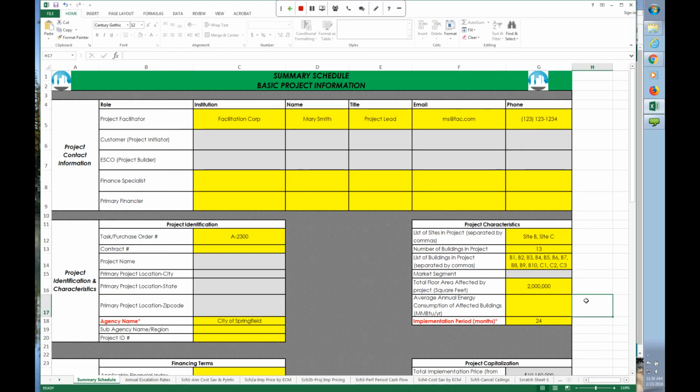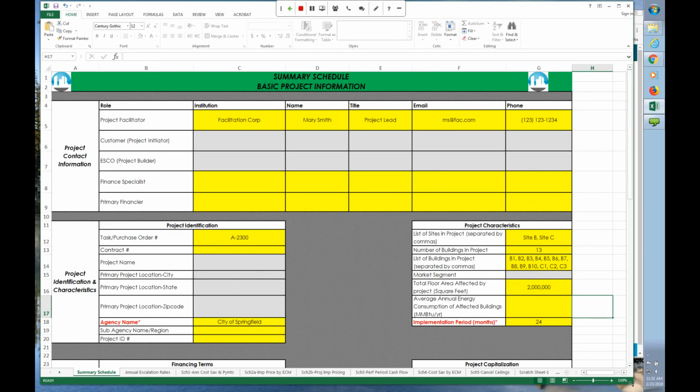The template is available on the eProject Builder website. You can download it from the help page, or whether you're logged in or logged out, you can access it. And before I dive in, I'll say we have 3 different versions of the template. Most people are probably going to use 2 of them. One of them, the one that we're looking at now, is the default version. It's a template that provides standardized calculations that will generate your payment schedule, your guaranteed savings, basically the whole financial schedules for your project. If you can't use how our template calculates, and I'll point out one main reason why in a little bit,